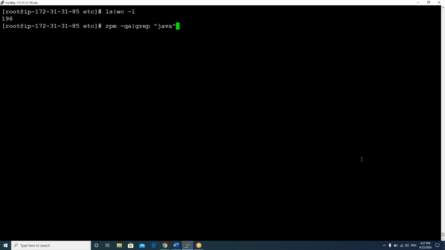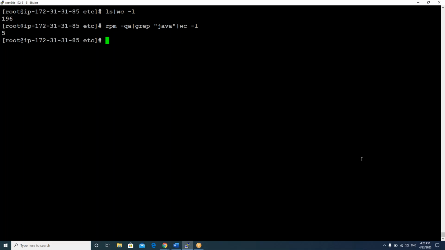The second command will search for the Java keyword in that output and list only the lines with Java. Now again pipe, I want to count how many Java packages I have. So the first command output goes to the second command, and the second command output goes to the third command, like that, with any number of pipe symbols based on your requirement. Now enter it. See, I have 5 Java packages.